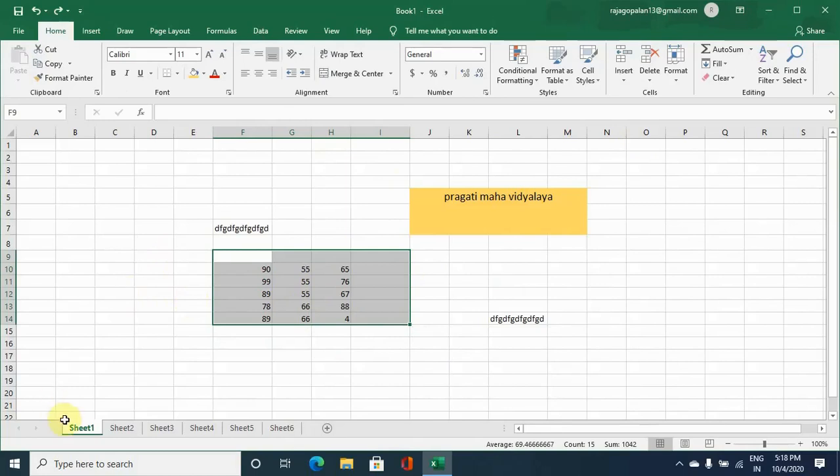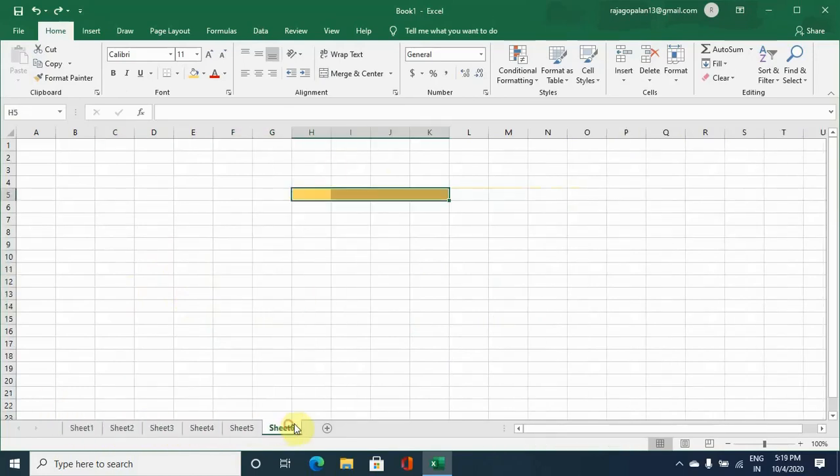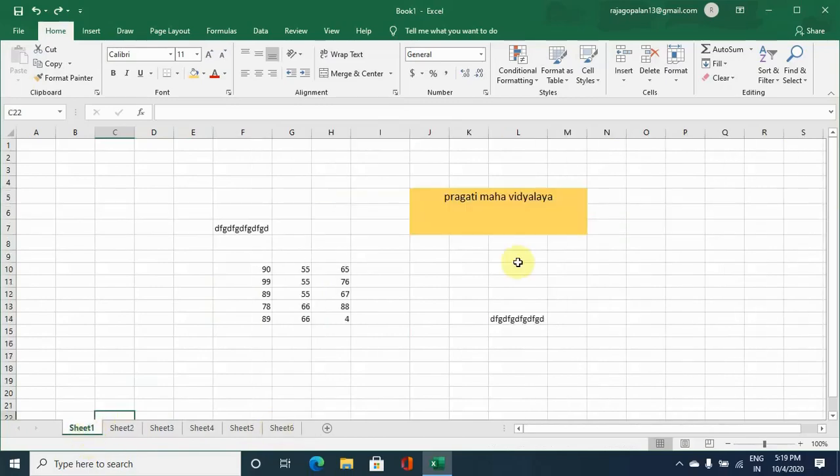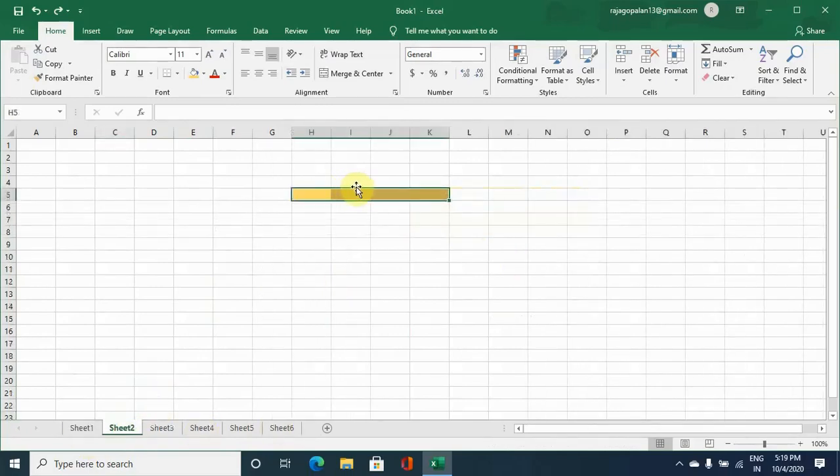Then if you go through the sheets that are available here, we have made a change in the first sheet which is reflecting in other sheets. Say you don't want the format you are finding in other sheets, then the option you have is to go to the editing option, then clear all. In that way, all the changes you have made can be removed by using the option clear all.